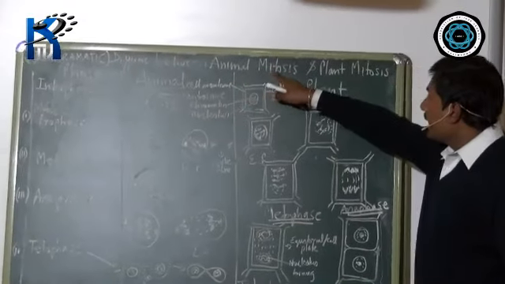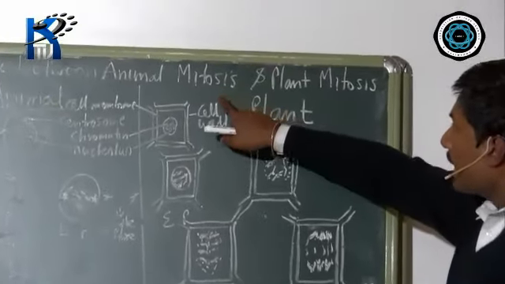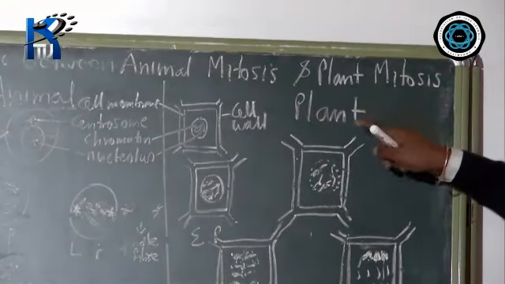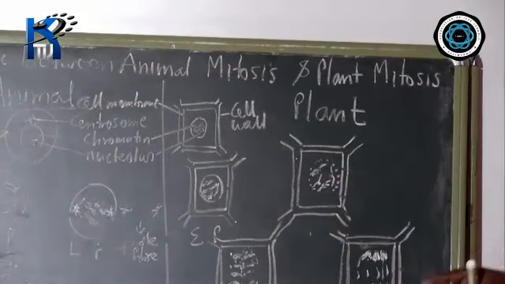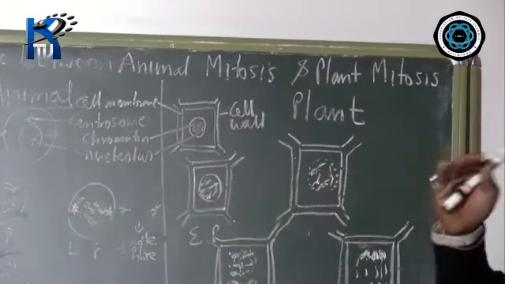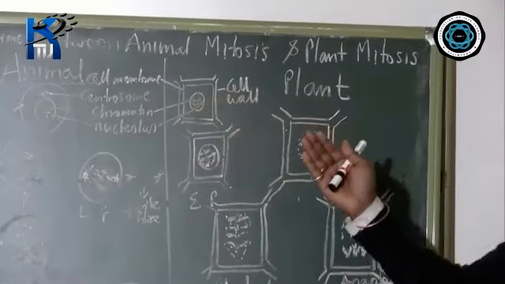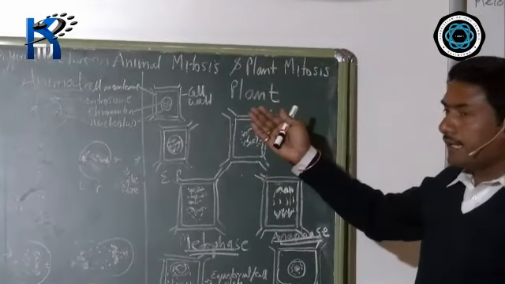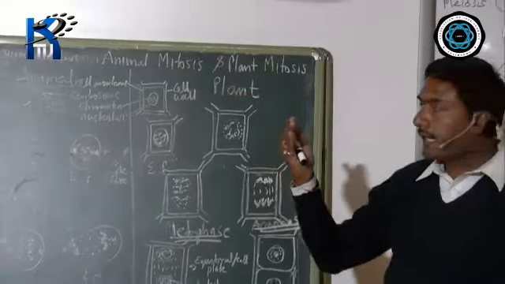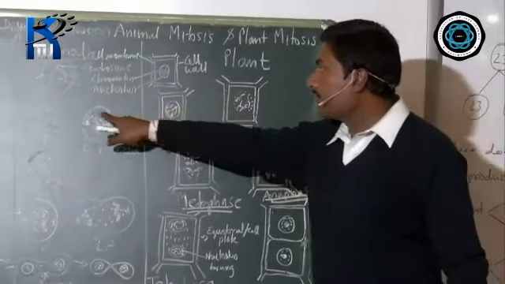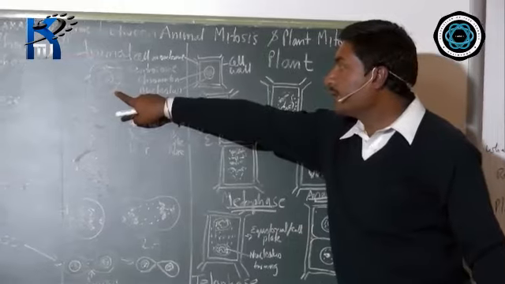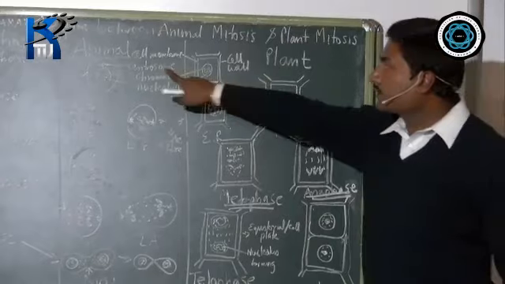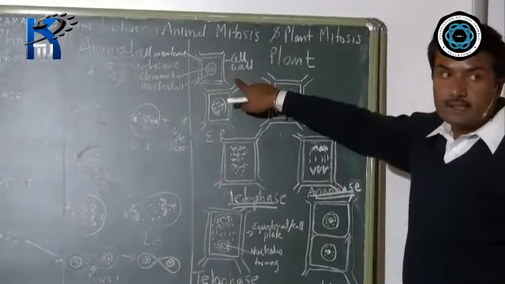The difference between animal and plant mitosis. Now, how can you differentiate animal and plant mitosis by the diagram? First of all, an easy way to identify whether it is plant or animal mitosis going on. Sometimes the question may be asked like, identify the diagram, plant cell or animal cell. Then you can easily identify that the animal cell has a cell membrane. Here what do you find? You find an additional structure. You should not get mistaken that this is circular and this is somewhat rectangular in nature.